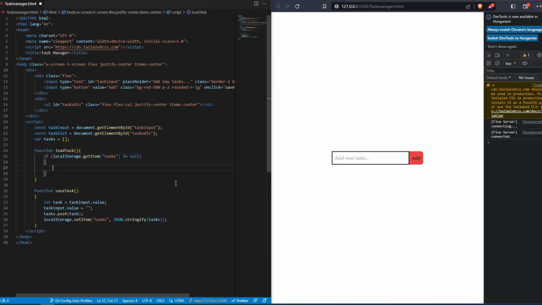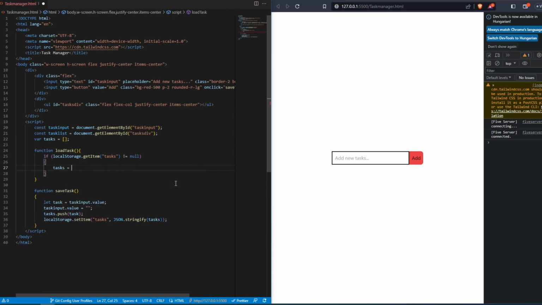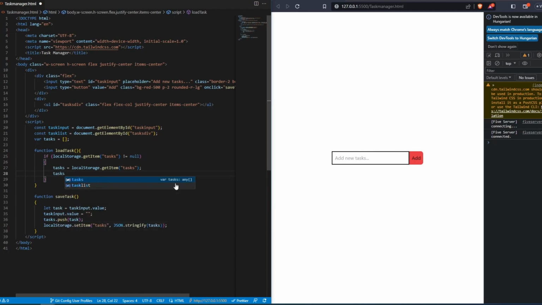And if it doesn't equal to null, then our tasks list will equal localStorage.getItem tasks. And after that I will have to parse the JSON format that we got